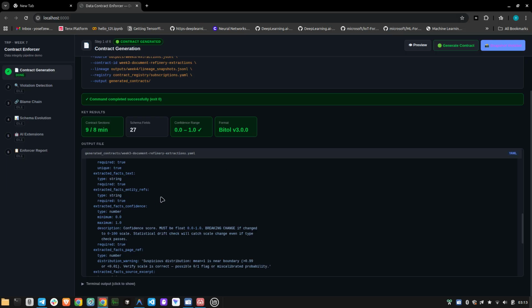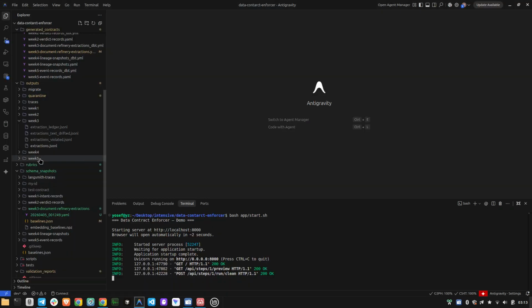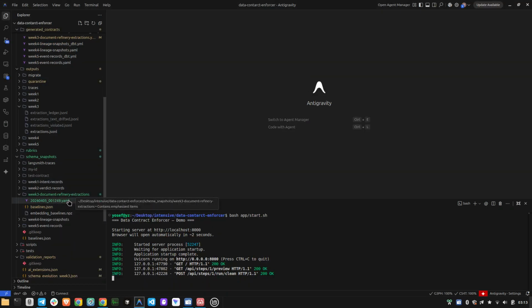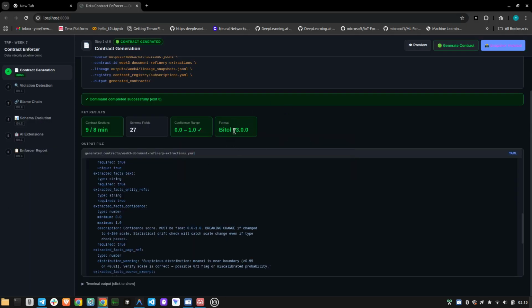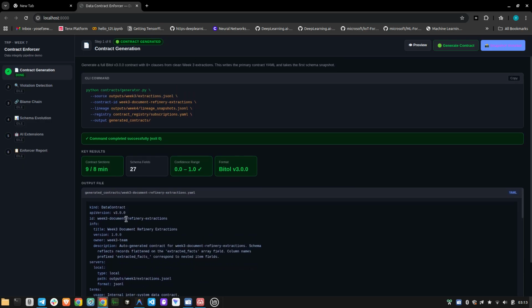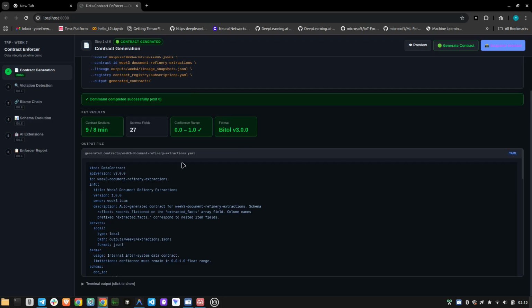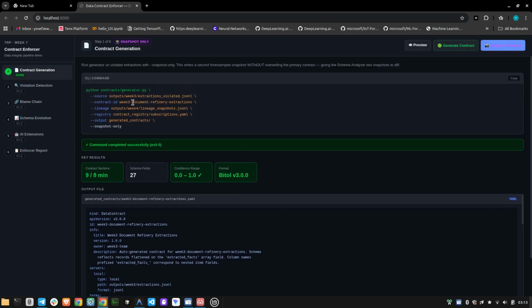This also creates a snapshot here. And for the week 3 document refinery extension, it also creates a snapshot, and the format is based on the Bitol version 3, and we see the API version and the kind, also the ID. So for schema evolution later, we will also create another snapshot using the violated